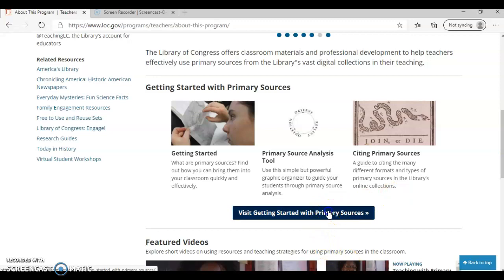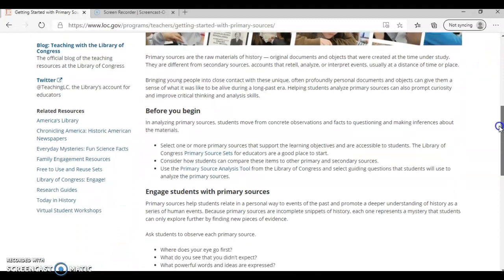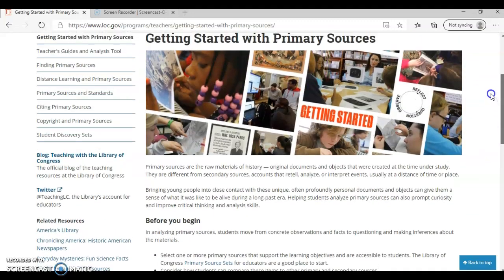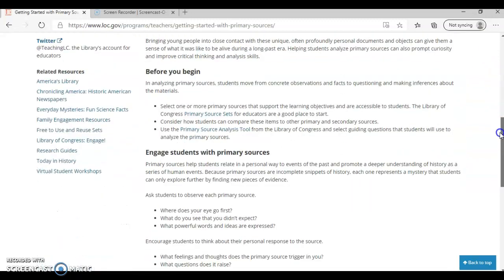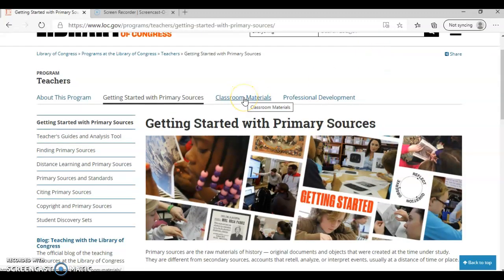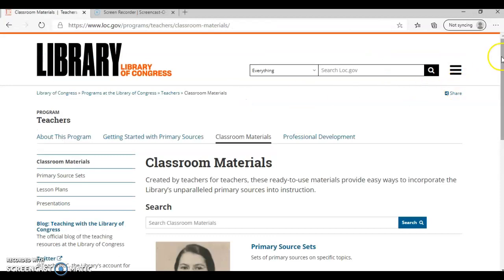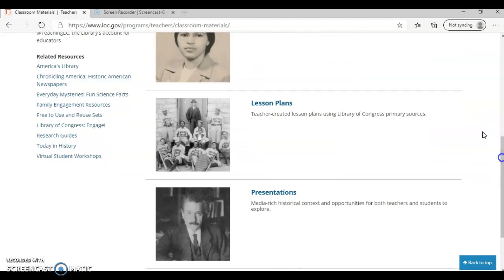Now you can click here, getting started with primary resources, and you can find different information using primary resources, such as copyright and primary resources and student discovery sets. But I think one of the most useful tools are their classroom material sets, and here you can get primary resource sets on specific topics for specific lessons. You can also find presentations, pre-made presentations on different